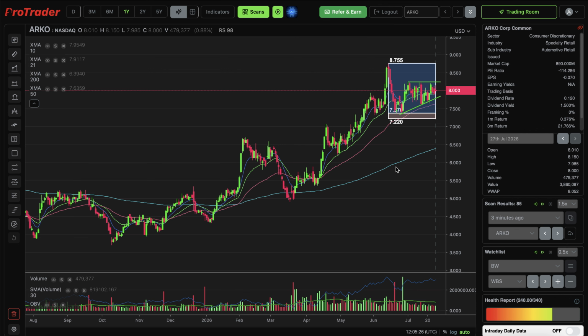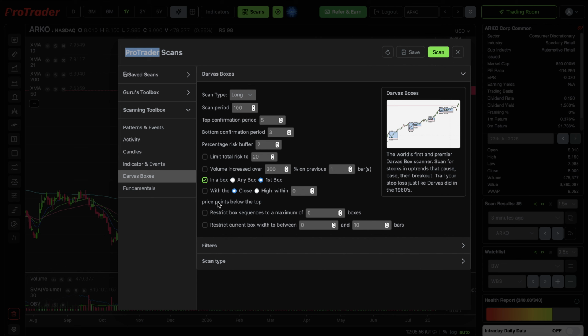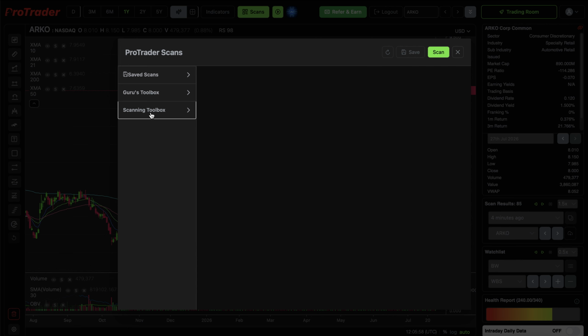Okay, for traders out there who like trading VCP setups, stocks in uptrends that pause and contract and go into a period of serious low volatility with rising bottoms and Bollinger Band compression, all that sort of stuff you see in lovely type bases, I'm going to show you a super easy way to find this stuff using ProTrader. First of all, go into scans, press Davis boxes, then